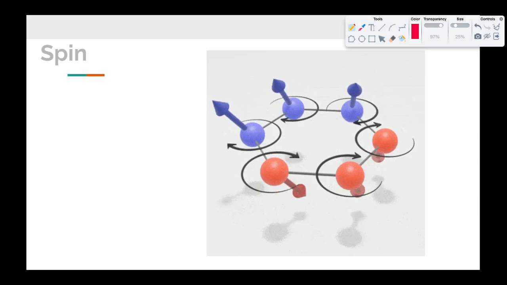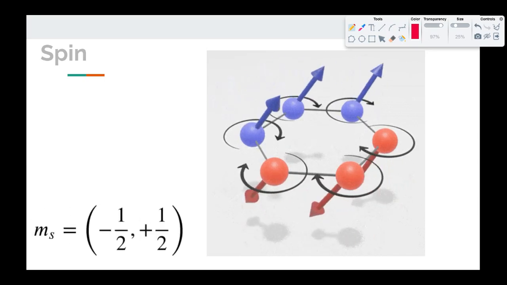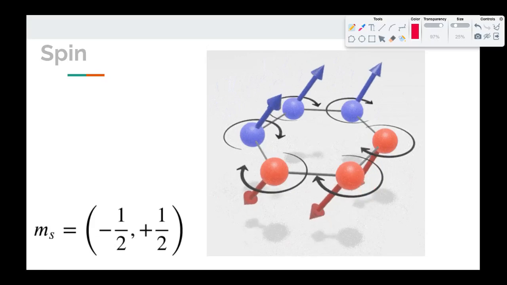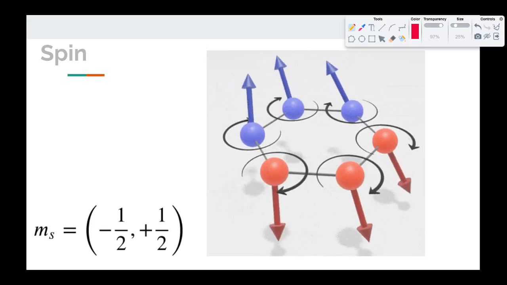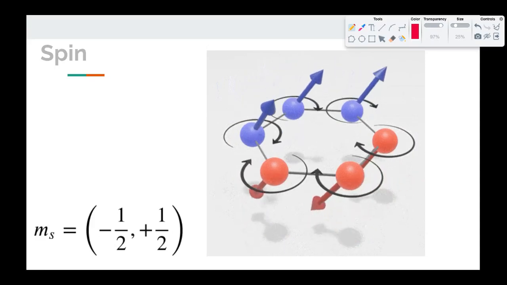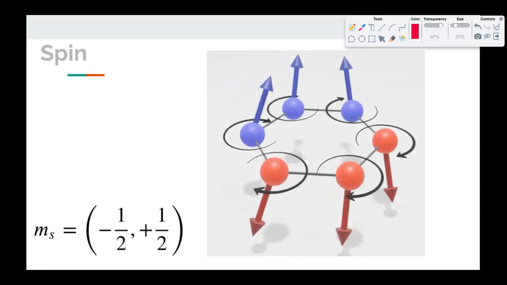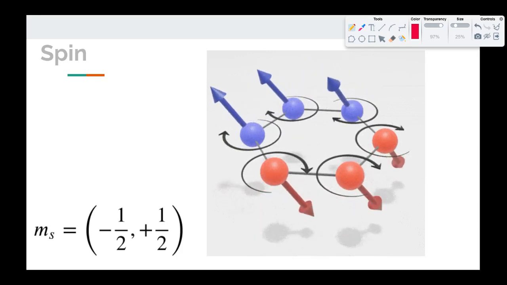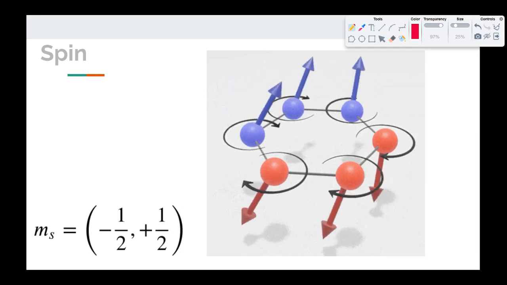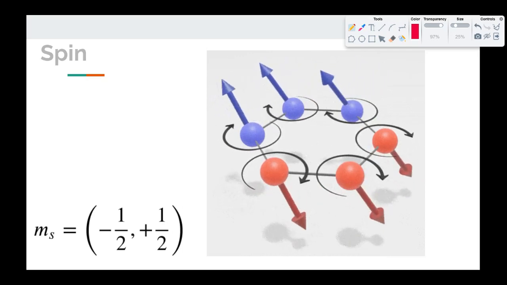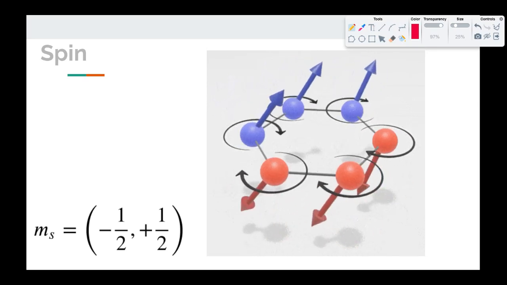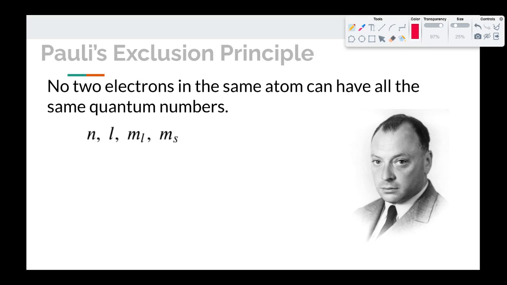And there are 2 different numbers that we have for the spin quantum number, because there's only 2 directions. There's an up and a down. One is -1/2, and the other one is +1/2. I don't even remember why they're called +1/2 and -1/2. If you take a quantum mechanics class sometime, you might find that out. But there are just 2 of them, and that's really the key thing. There are just 2 directions of spin, and so there's 2 quantum numbers.